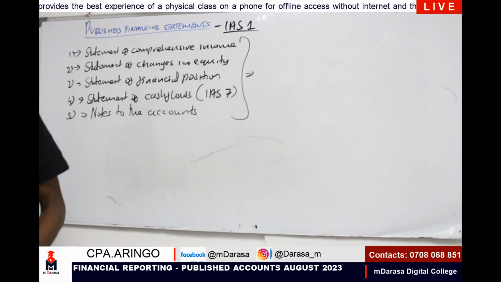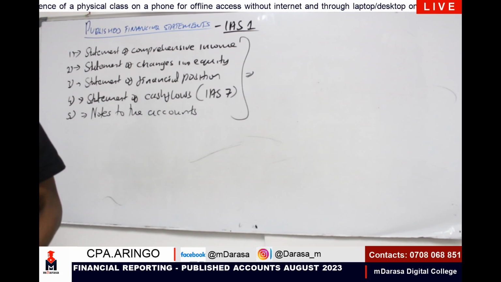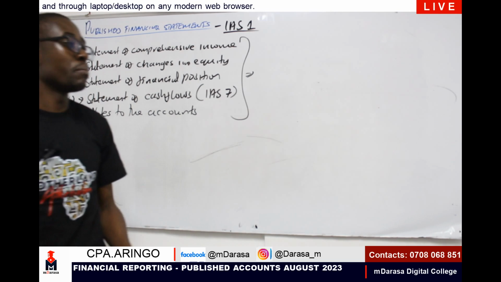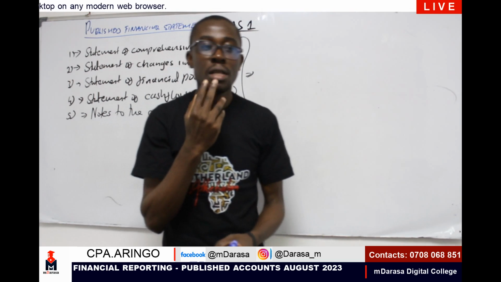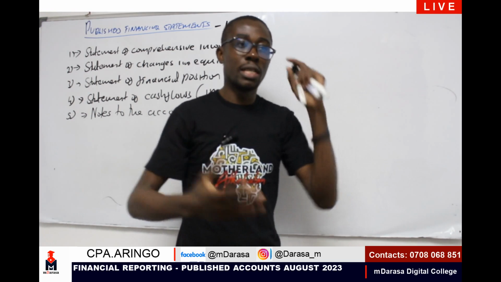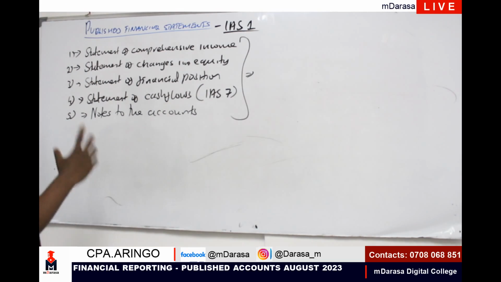A key element that you must always understand here, my good student, is very simple. In presenting all these statements, more so the income statement, you should understand that these items are prepared in a single format, one column. That is what Mwalimu is trying to say. So it is important for you to be very good with the format of presentation. Mwalimu is not going to redo the format again because we have done this before. Right? So this is what I want us to do.